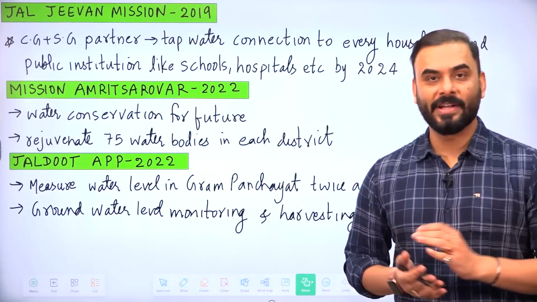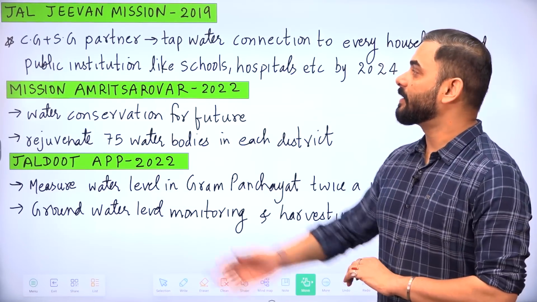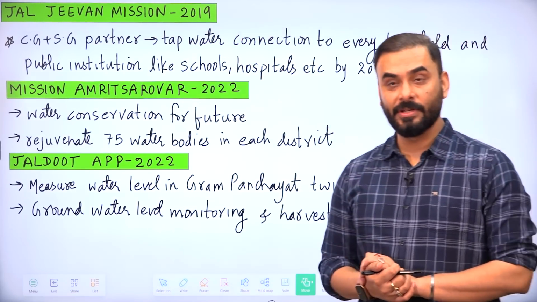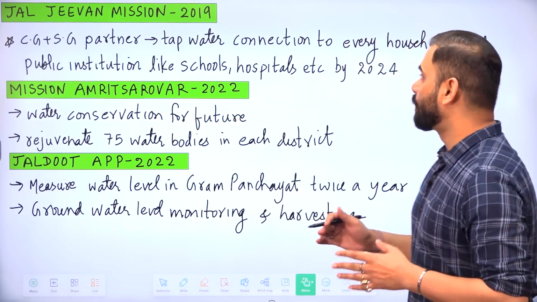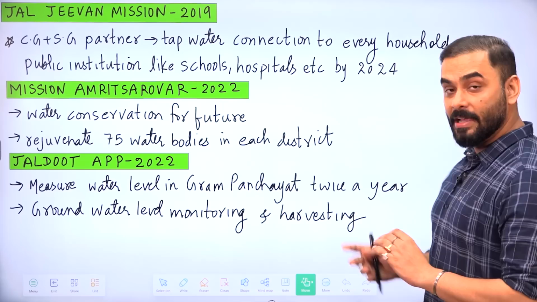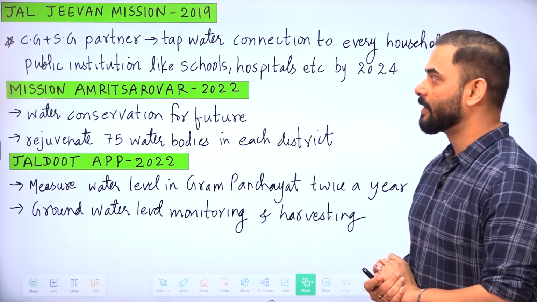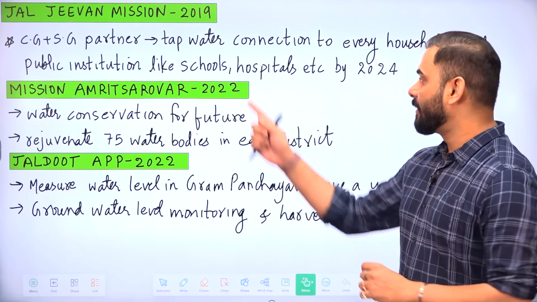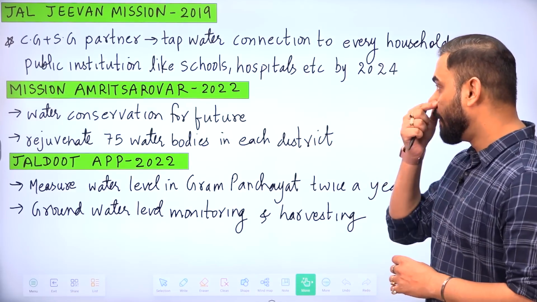Now guys, let us look at some basic necessities of life like water. So Government of India started a program called Jal Jeevan Mission in 2019, where the aim of the government is to provide tapped water connection to every household and public institutions like Gram Panchayat, the schools, hospitals. Here the center and the state have become partners, and they are trying to provide the tap water by